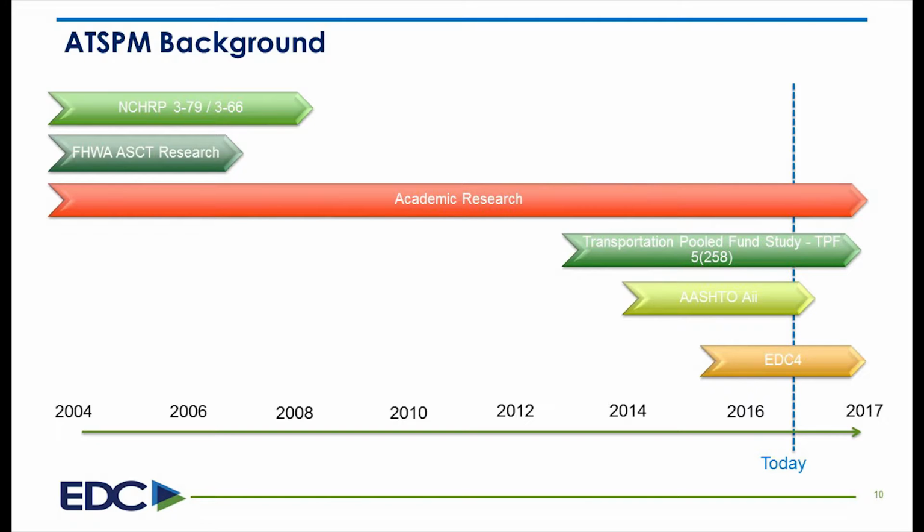What's the origin? There were two, I have to say, in addition to a lot of ongoing academic research. I am a member of the TRB Traffic Signal Systems Committee, and I've been hanging around that committee since about 2005. So I've seen a number of papers on this topic, and I think a lot of those papers motivated the submission of an NCHRP problem statement that got picked up in, I think that was 2004. So we had two NCHRP projects. 379 was specifically on traffic signal performance measures, and then I think 366 got more into infrastructure, how to design